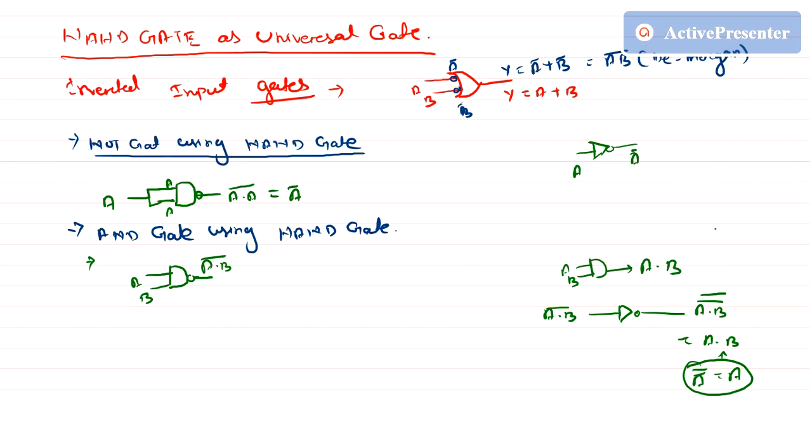So now we have here A dot B bar. What is our goal? Our goal is to make this A dot B bar into A bar. So we need a NOT gate. So now we know using NAND gate, NOT gate is possible like this. So if I make this, this is now a NOT gate. Okay, so this is a NOT gate now. If this is a NOT gate, then what will be the output? Similarly, this will be the thing, A dot B.